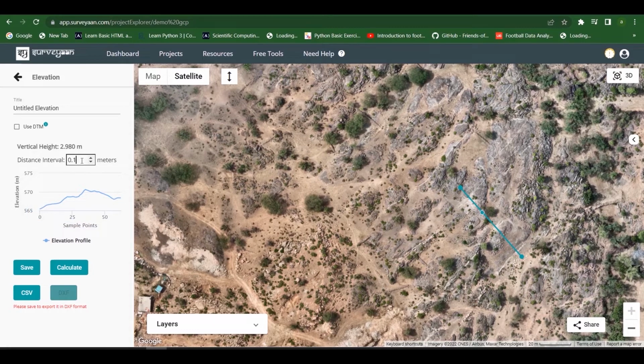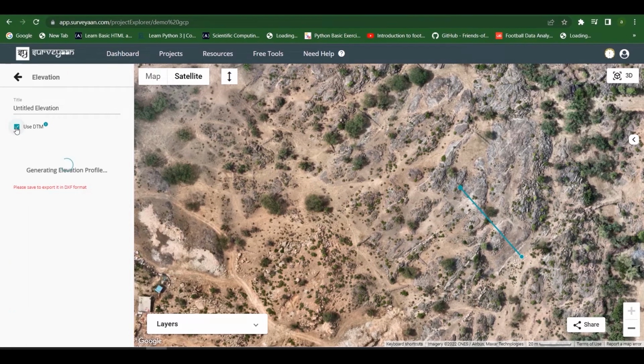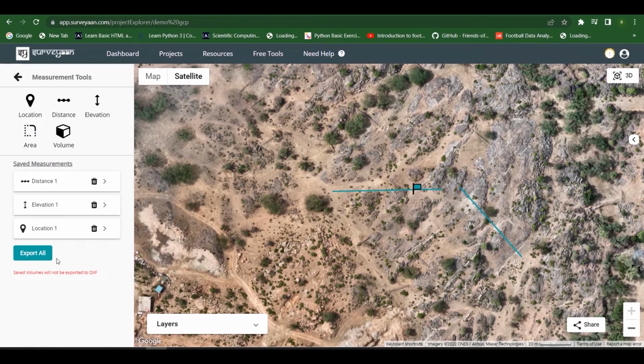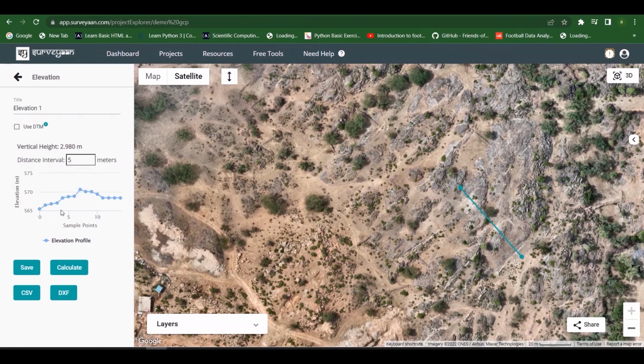We can further reduce this to 5 meter and then calculate, and then we can see here the points, and this elevation profile is made using this distance interval of 5 meter. We can also use the DTM feature here. Now let us save the elevation point, and here I am giving elevation 1, and with the help of this save button we can save the elevation point,